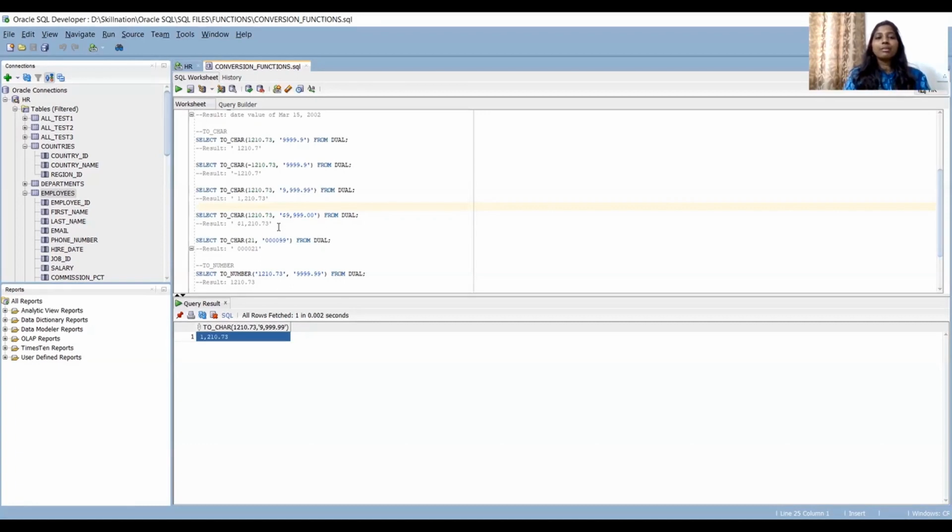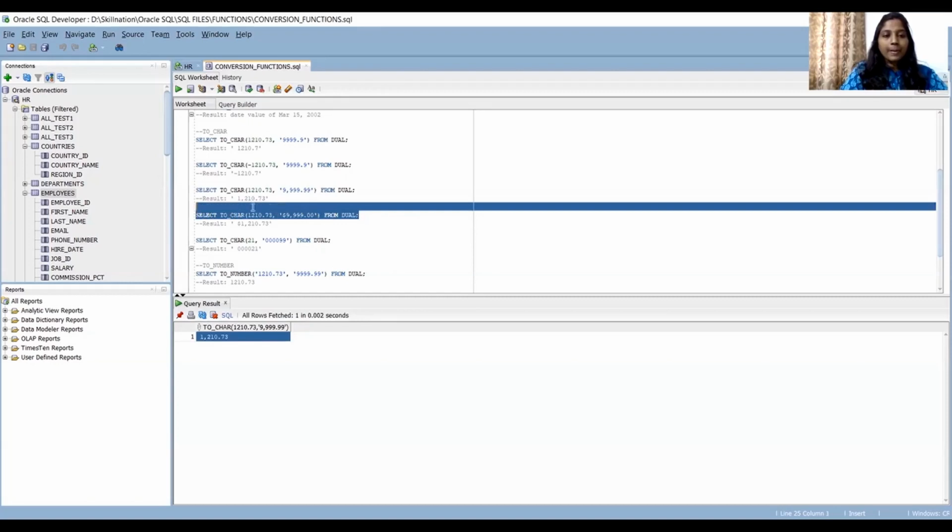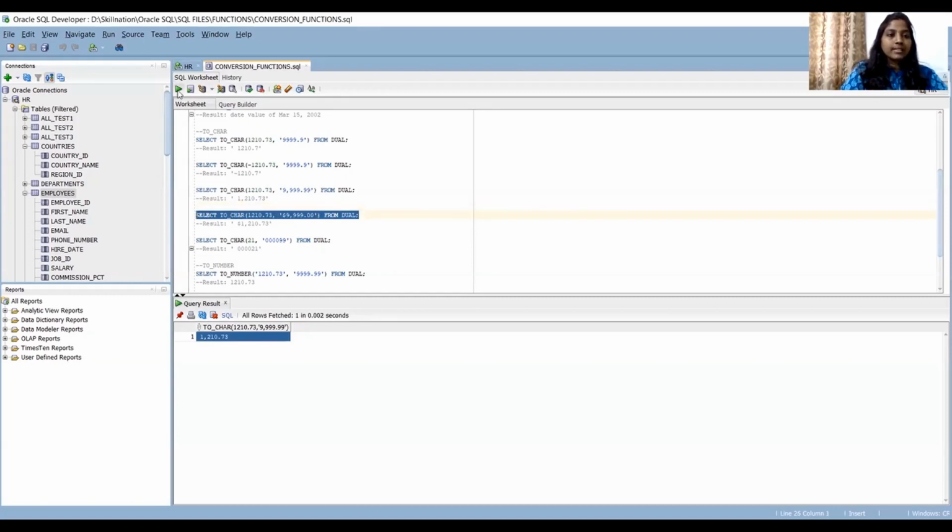Okay, so here we might be using a varchar2 column type that should be utilized so that we can add comma or dollar sign and all. Okay, let's run this. See, $1,210.73. Okay, so this is all about character value.